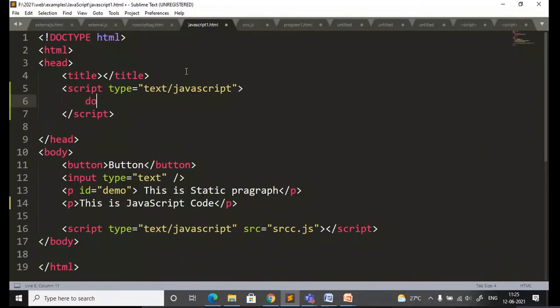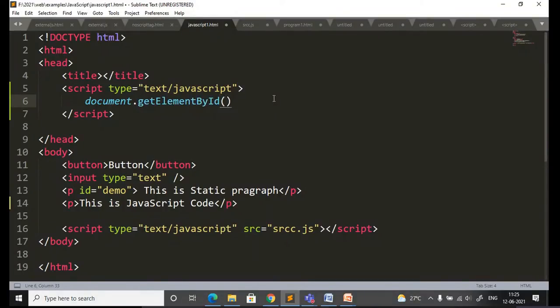Now document dot getElementById. I will try to access this paragraph.